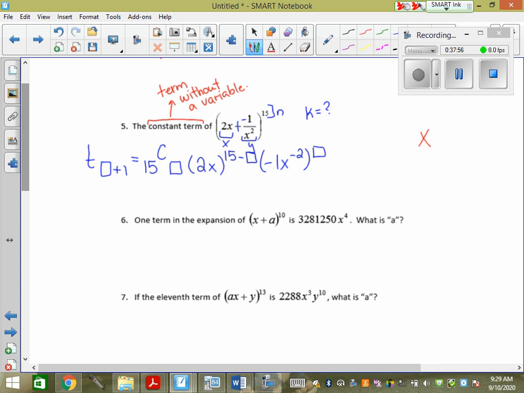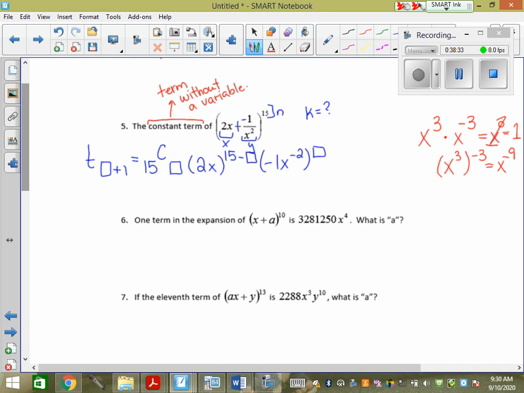If I had x to the 3 times x to the negative 3, what would I get? X to the 0. And what's x to the 0? What's anything to the power of 0? Just a 1, right? If I had x to the 3 to the negative 3, that's actually x to the negative 9. Totally different. That's going to be multiplied. So when we have two bases that are the same, we actually add the exponents. So if we want that variable to go away, we need to make them be the same, because one of them is positive and one of them is negative. If they're the same, they become 0, and it turns into a 1, and the variable goes away, right?